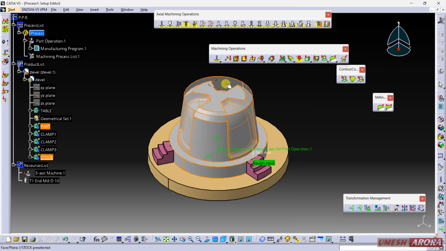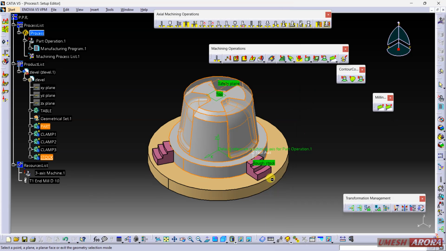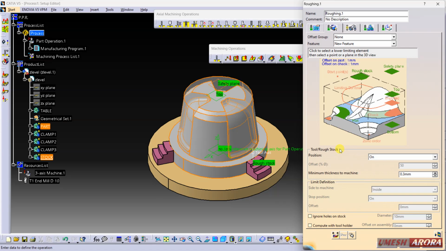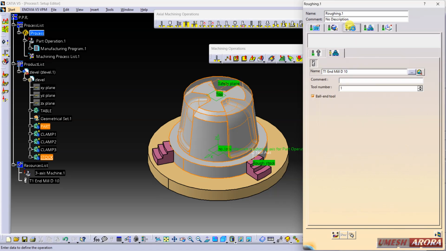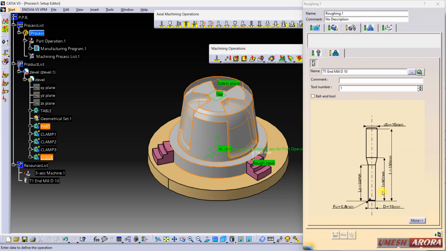Safety plane is this one, top face again this, bottom is this one. Now come to tool. Here I don't want this ball nose. I just want a 0.8 tip radius tool, and double click here. I need a little bit smaller, so I'm using 8, and generate.